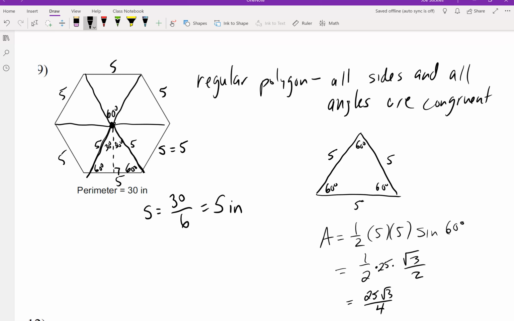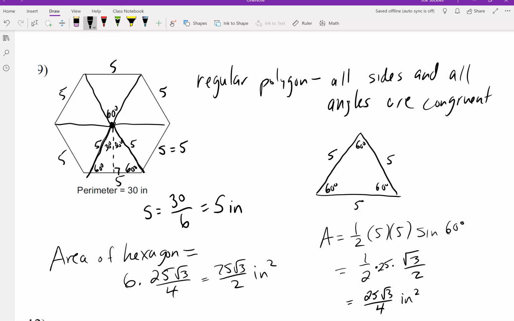Pardon me. Now remember, this will also be square inches. This is one triangle, right? And we just said that this hexagon was made up of 6 of these triangles. So the area of your hexagon will be 6 times the 25 root 3 over 4, which gives you 75 square root of 3 over 2 square inches? And if you really want to convert that to a decimal approximation, you can type